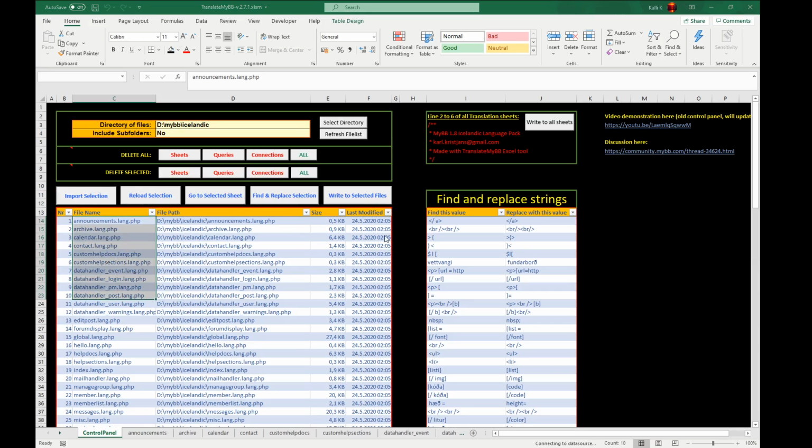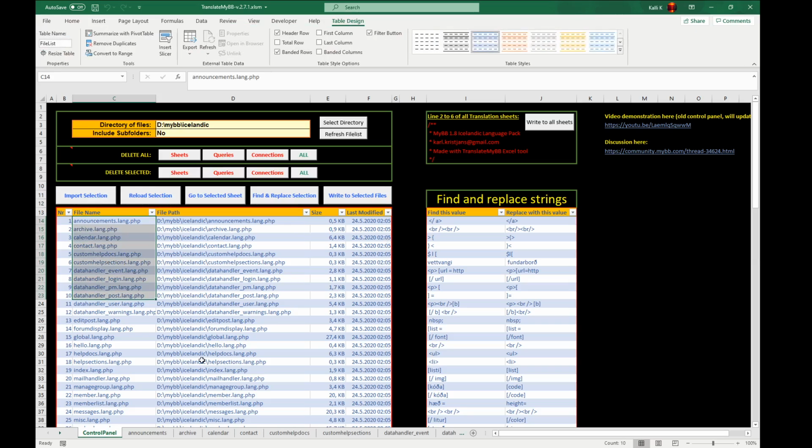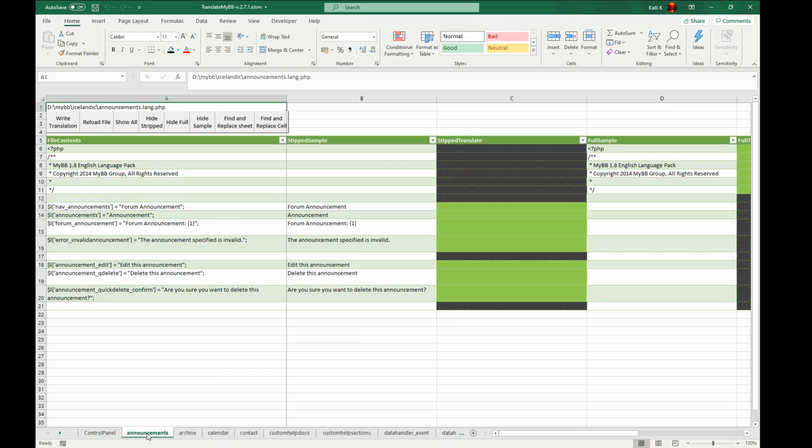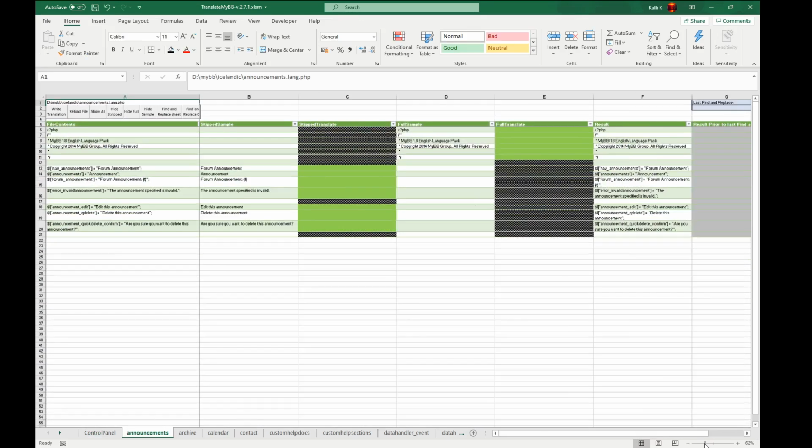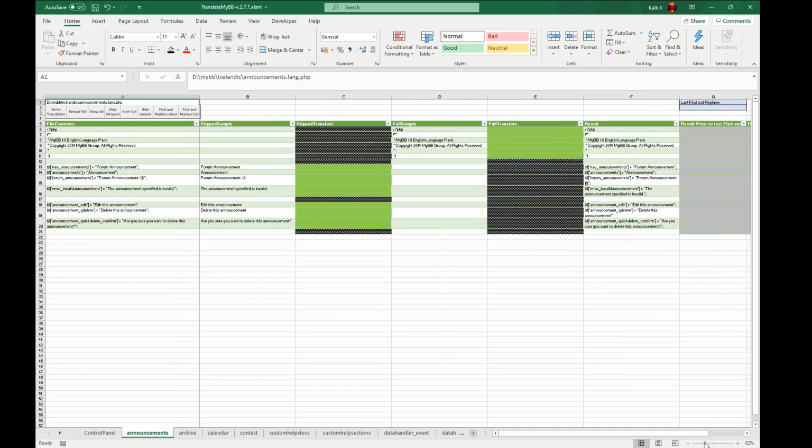Here we are, imported 10 files. So now you see there's a whole bunch of sheets down here. I'll just open the first one, announcements. And I'm going to zoom out a little bit to show you the full thing. So this is the entire